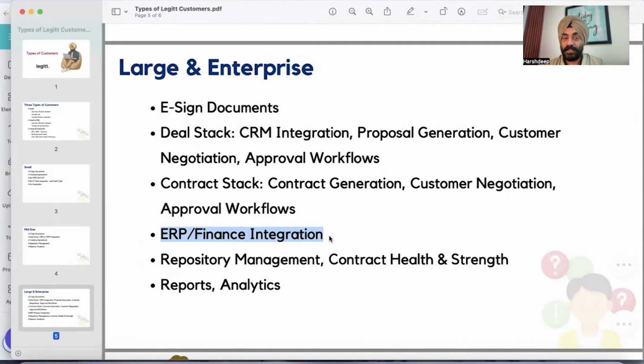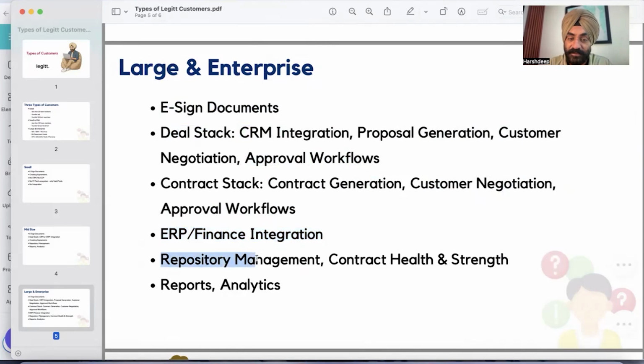So the customers do not have to disturb their existing process. They do not have to disturb their existing IT ecosystem. We can pick and choose the functionalities that are lacking in their existing systems, and via AI agents, we can implement them on top of the existing process flow. So we do not go to a customer and tell them that, okay, you will have to replace Oracle Fusion or Icertis or Sirion Labs or say Salesforce with Legitt AI. We will build the capabilities which these systems do not have. So that's the kind of detailed integration framework that we have.